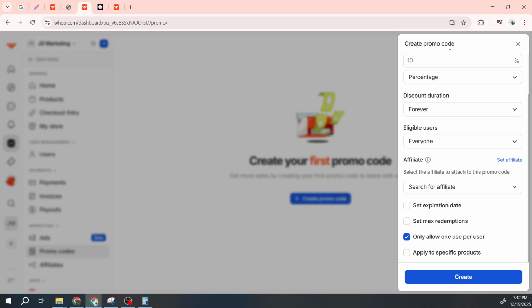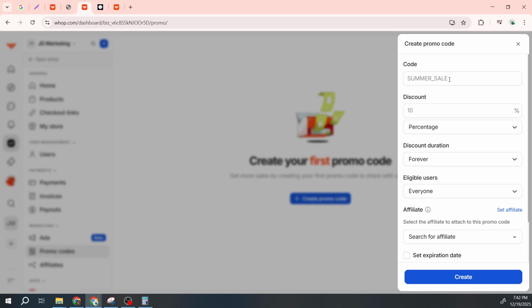Then, choose your discount. You can typically set a percentage, like 20% off, or a fixed amount, like $10 off. Pick the format that best matches your pricing and the impact you want. Set the duration for the code. This controls how long the discount is valid. You might choose a limited time window for a flash sale, or leave it open-ended for ongoing promotions. If you see options for start and end dates or a maximum number of redemptions, configure them to match your